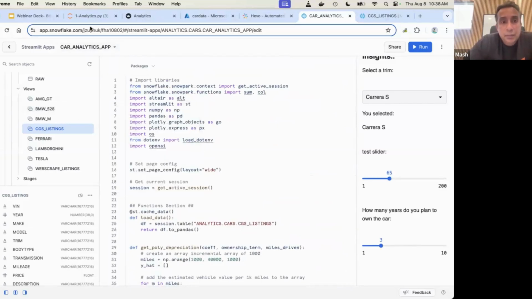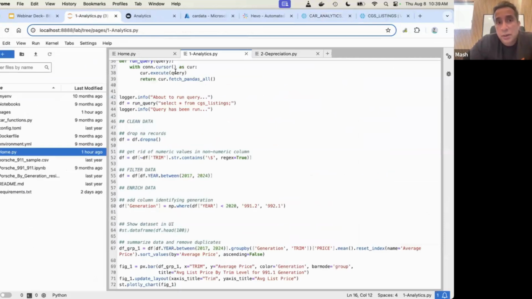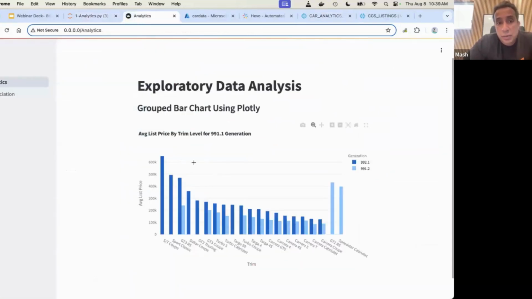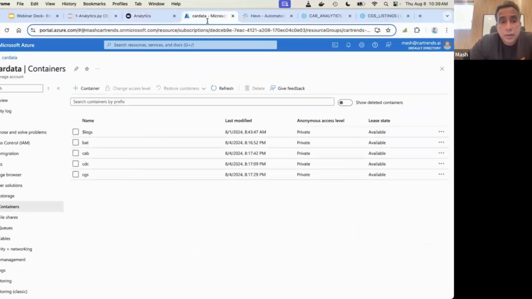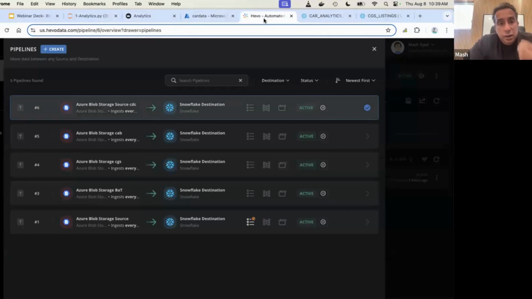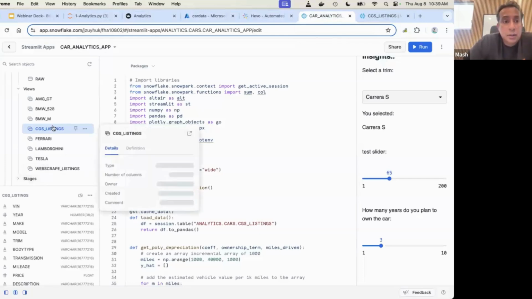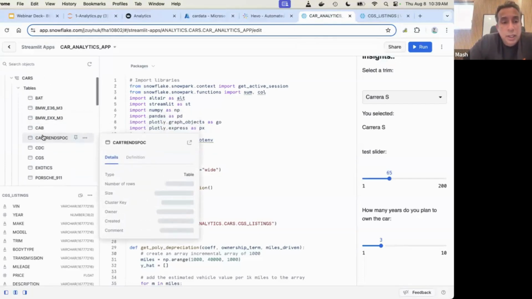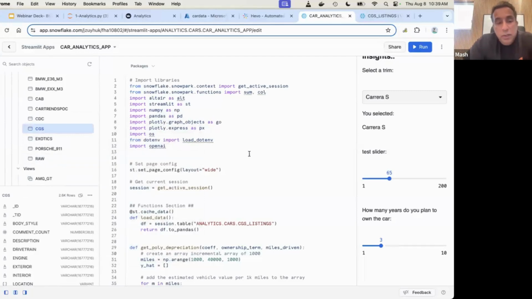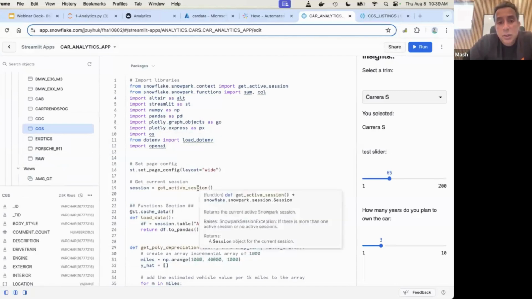Again, to recap, we showed off how we do things locally, and what things look like when we deploy them. And then we've got our data in the source location. Then we come into Hevo, we create pipelines, and that's going to move our data in its raw format into a table in Snowflake. So now we're in Snowflake, and now that we're in Snowflake, we can create views, we can clean up our data, and ultimately connect that view to our